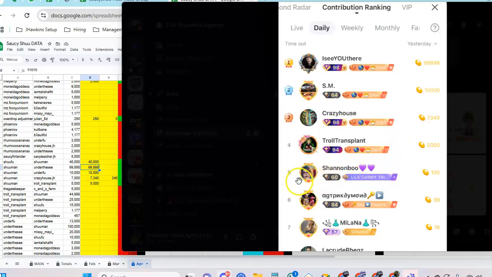Just say Shannon Boo's in the trade group and this was 1,000 and not 100. It's not listed here. You open up a ticket. So you send us a screenshot of your daily with the ticket, and just explain that, say Shannon Boo didn't report 1K, and then we'll have to add it and fix it. When we add that in the back, we have to adjust every row from there down, so